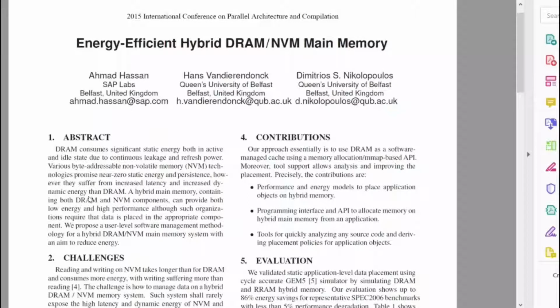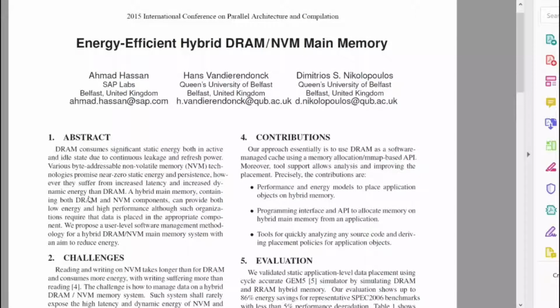So in this paper, what the author proposed is this: the main memory is a combination of DRAM and non-volatile main memory, but there should be a software-based mechanism which will guide where to place newly incoming data. If a particular application has a large number of writes, then it's better to place it in DRAM, because if there are more writes and we place it in non-volatile memory, then